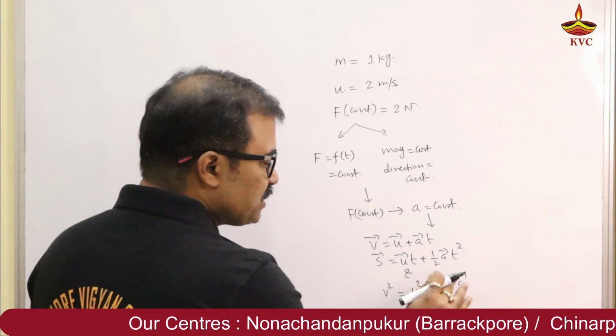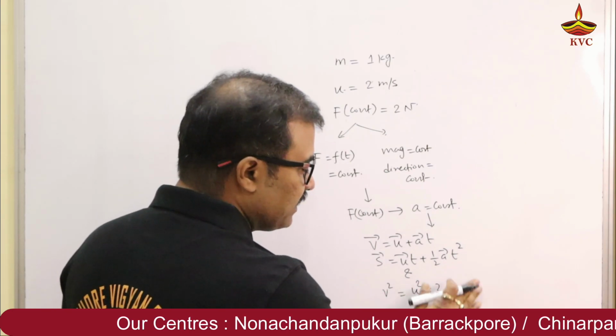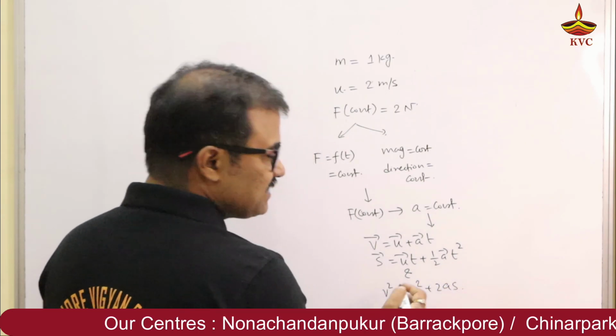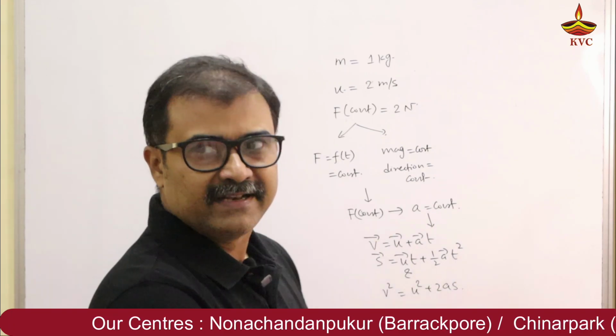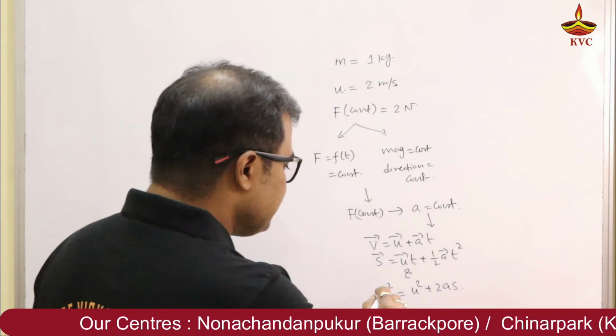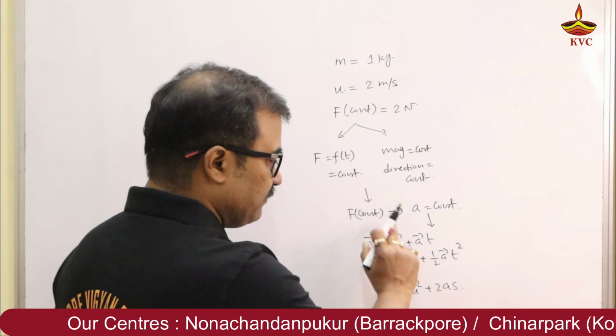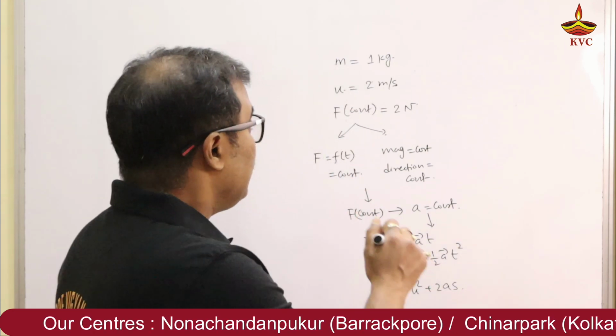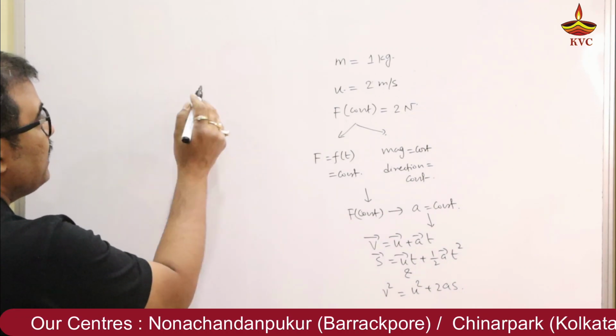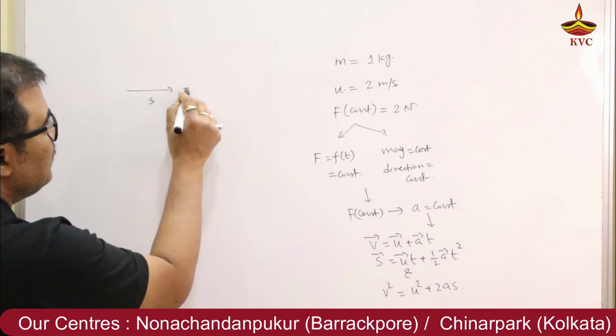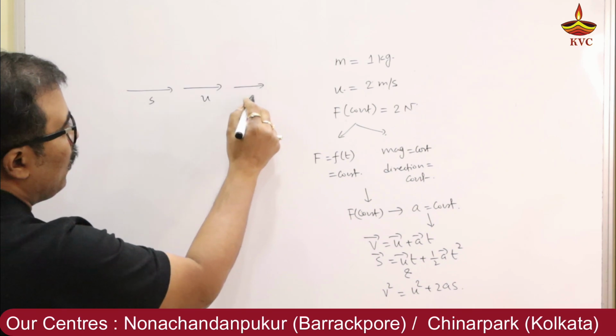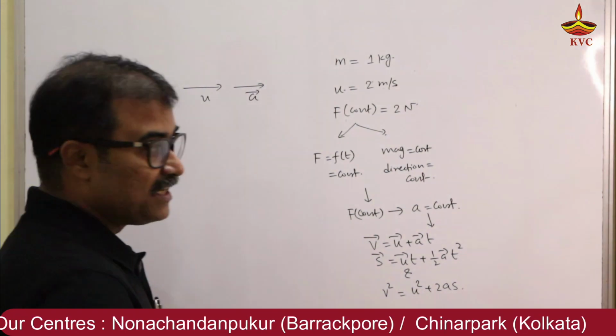The last equation is a scalar one, so let's forget the vector sign. Why it is scalar, I will explain in another video. This is the only scalar equation of this kind among the kinematics equations. So as in the previous one, s, u, a are all in the same line, in the same direction, but